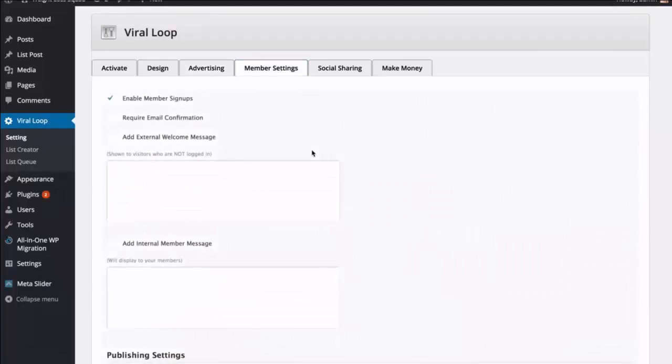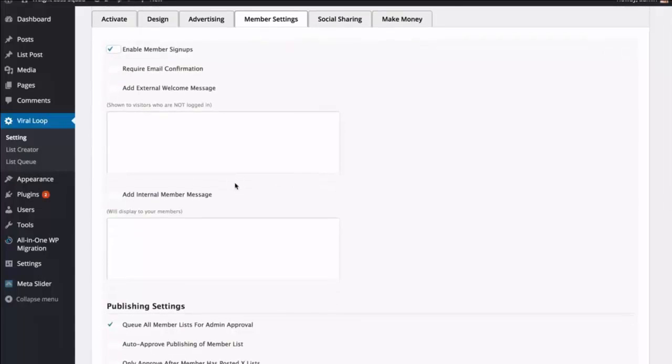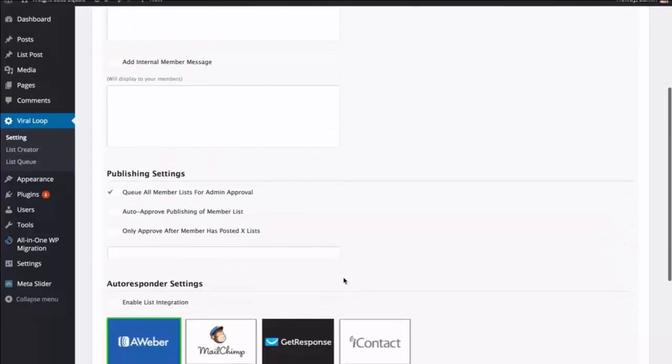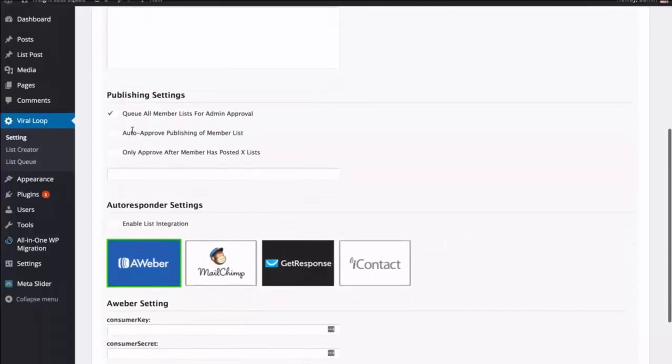Next, we have our member settings. Now this here is where you will configure if you would like members to be able to sign up to your website and submit lists on your behalf. So obviously the first question here is, would you like to enable that or disable that? If you allow it, you need to customize the rest of the information here. Would you like to require an email confirmation? You can add an external welcome message, an internal welcome message,